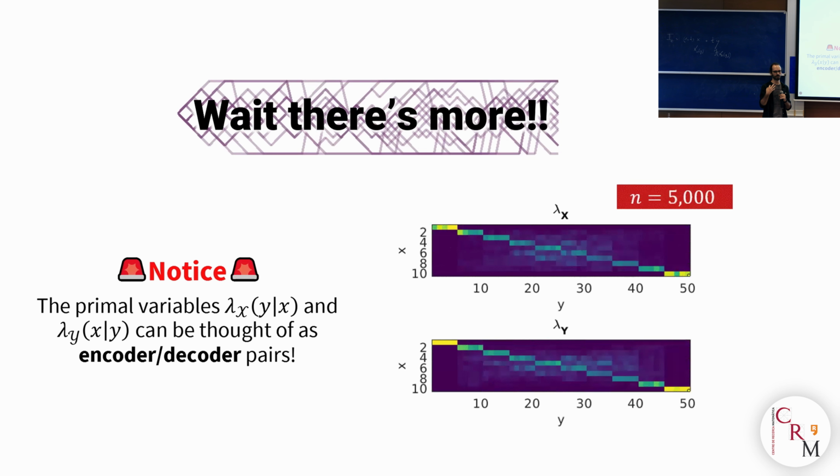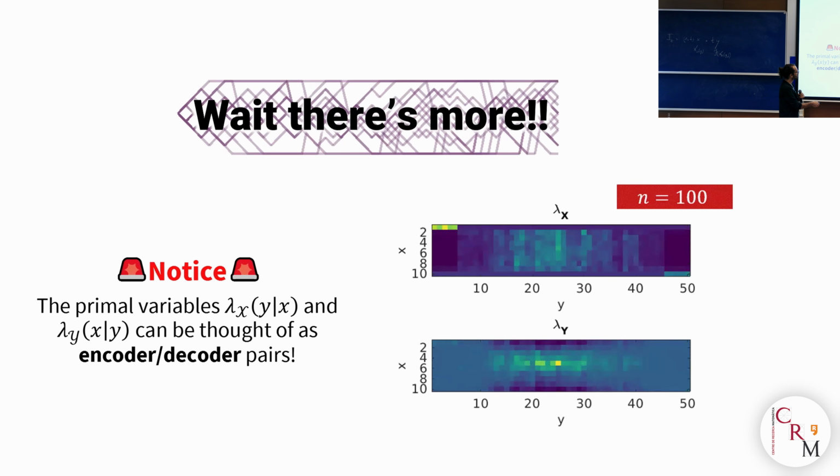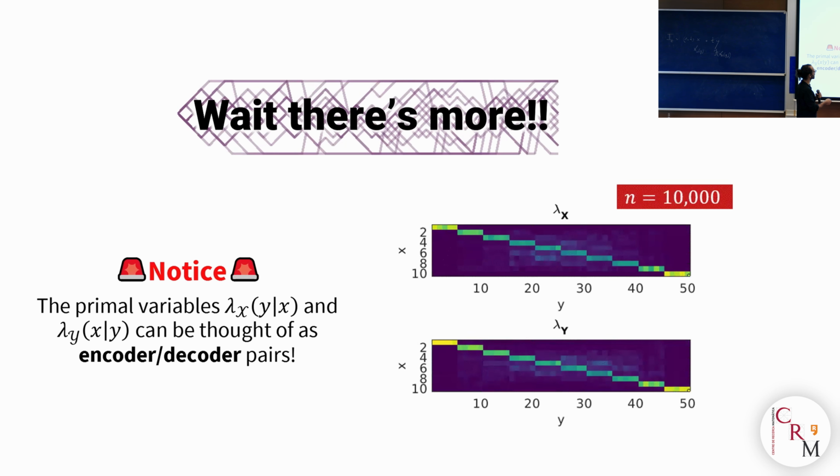So in particular, consider the previous example where I had this block Markov chain, with these x's and these y's with a bunch of useless information added on top. We trained this with a number of samples that goes from 500 to 5,000 or so, and then visualized what these lambdas look like. And you see that as I add more and more samples, this structure emerges very nicely. That says that the conditional distribution of x given y, of what x might have generated my y, is a uniform distribution.